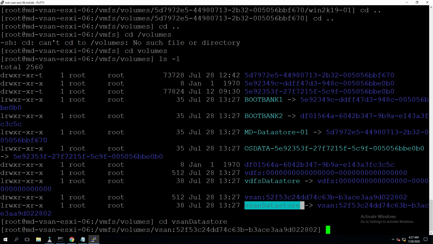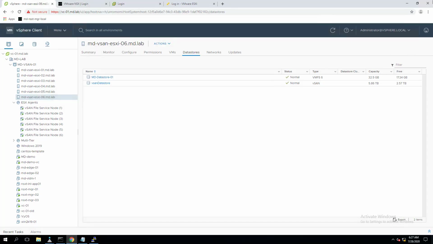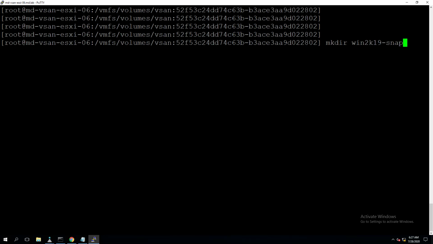Let me cd to the vSAN datastore and create a directory with mkdir. I'll create this directory as a snapshot directory to hold the virtual machine snapshots. I'll specify my virtual machine name, the same name, like win2k19-snapshots.